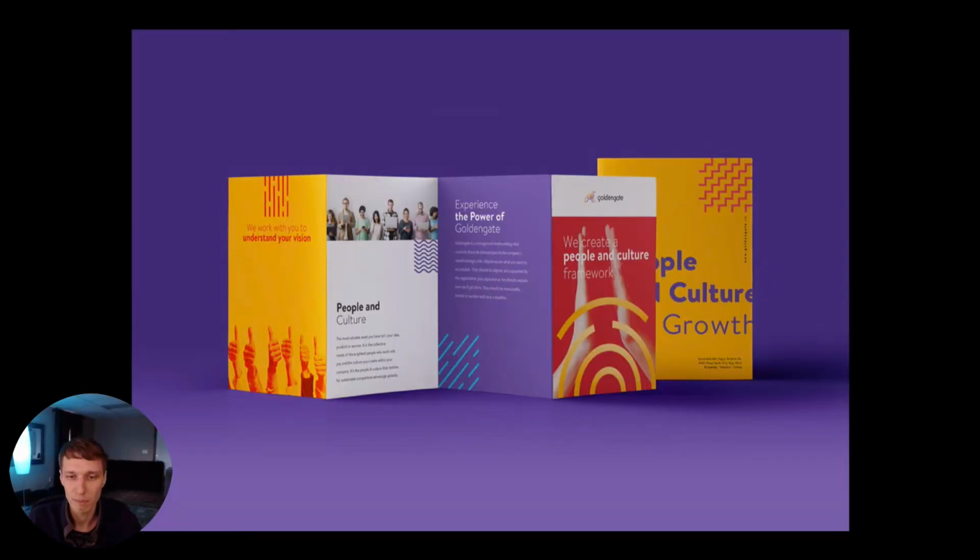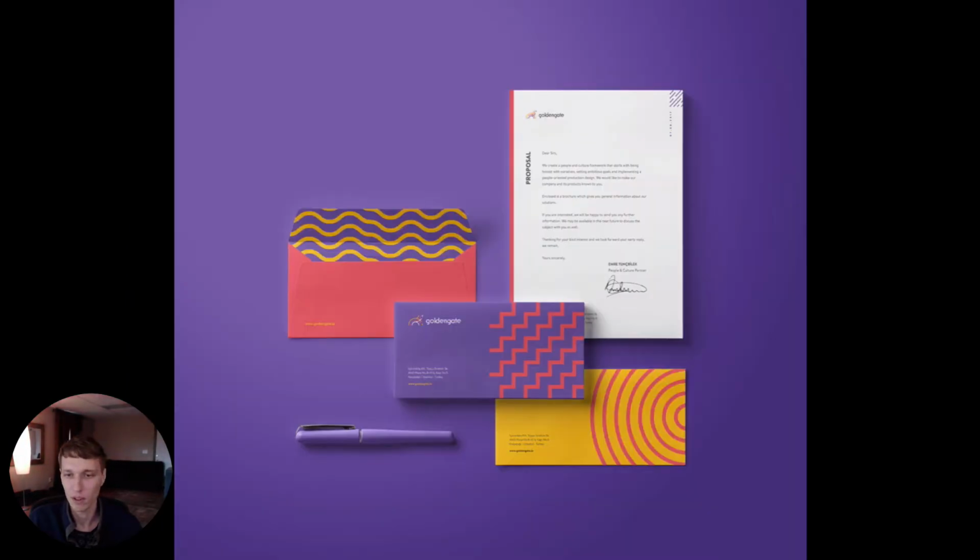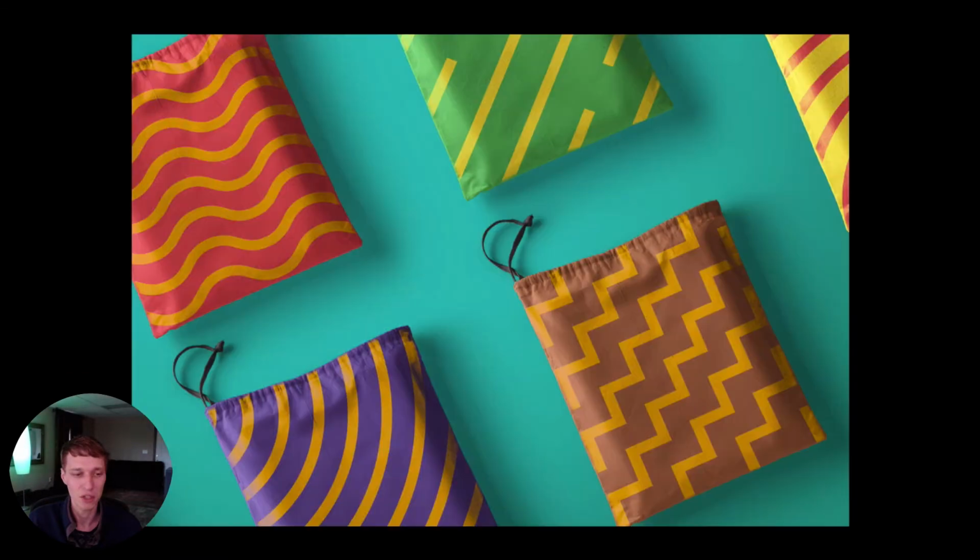So here's a little brochure, and you see these themes. It's just using these little pattern things, the same color palette, and rearranging them in different ways, so it creates a lot of variation. It's not just redoing the same thing over and over, but using a very limited set of building blocks. So here are different ideas of cards. Business card, letterhead. And it just looks really nice. It has a really nice, unique touch to it.